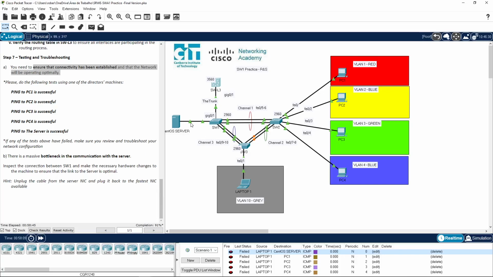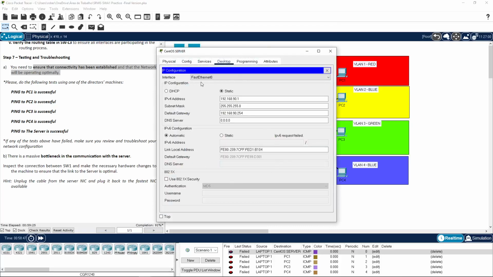Now, if you just go ahead and click on the connection from the switch 1 to the server, and we try to plug again the Ethernet cable, we actually have two options for the interface on the server. We have fast Ethernet 0 and we have gigabit 1. Now, for an optimal communication, we actually need to connect to the gigabit port 1 because the other end of the connection is connected to the gigabit port of the switch. So to make sure this is operating at the optimal speed, we need to make sure both ends are connected to a gigabit port. Now, if I click on my server, the IP config that I did before was on the fast Ethernet. Now, what I need to do, I need to change to gigabit Ethernet and use the same